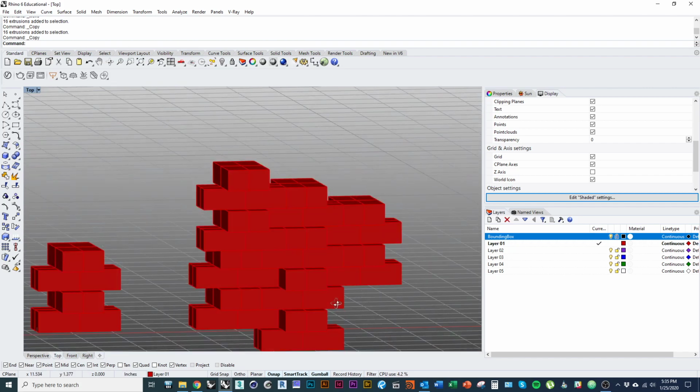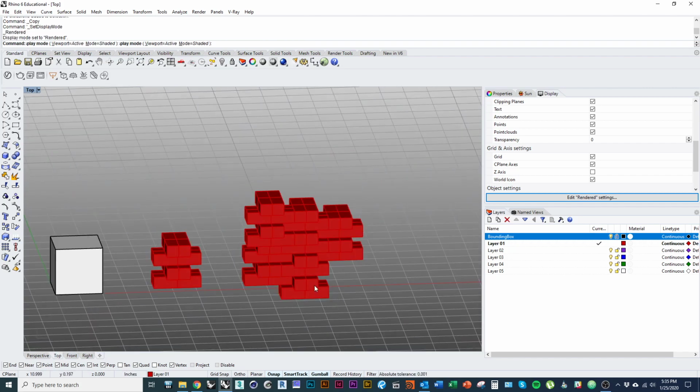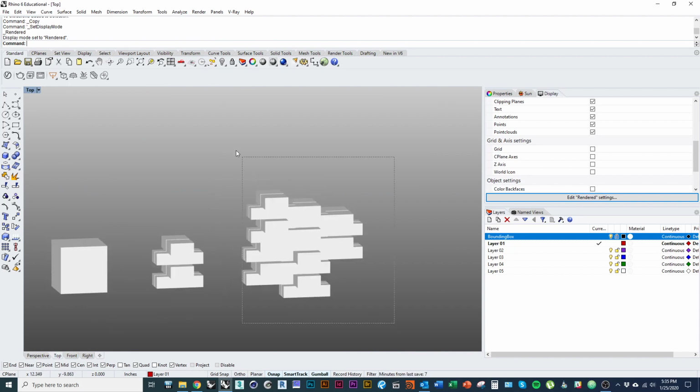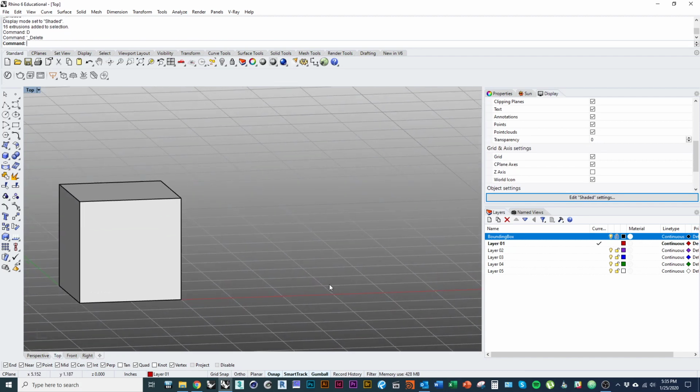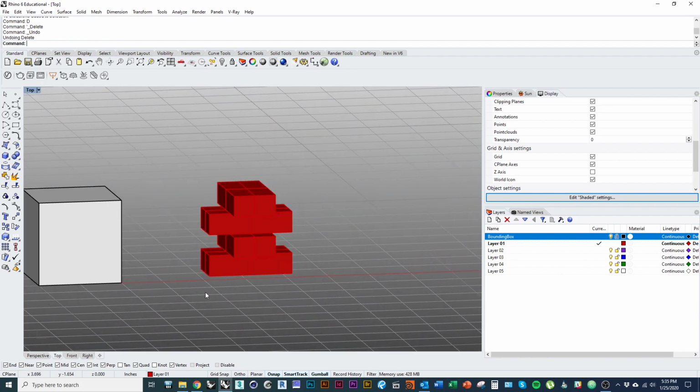You know, and just see what you can come up with there. And I just want to point out that once you're done and you're happy with whatever shape you're using,